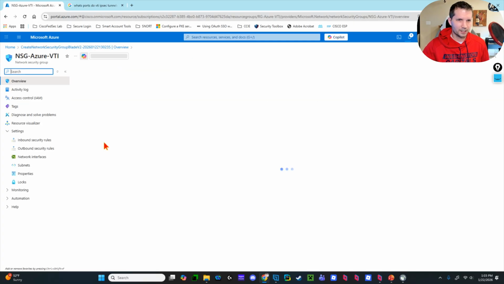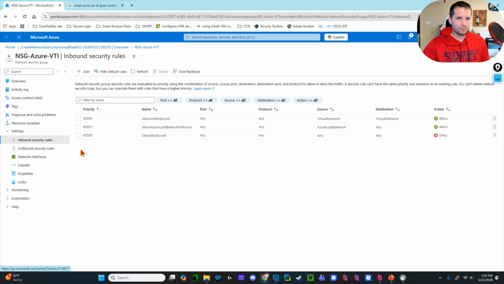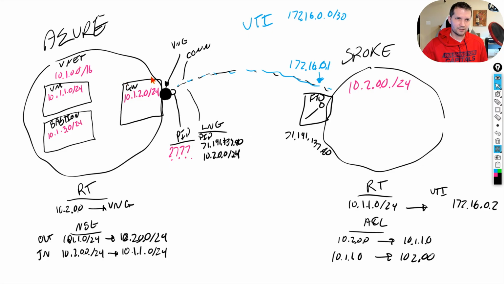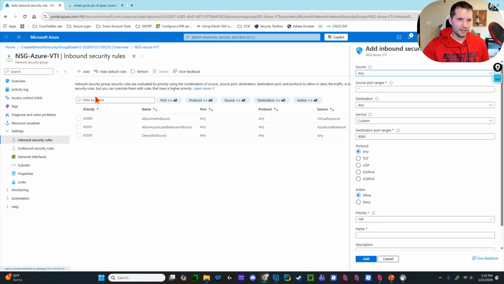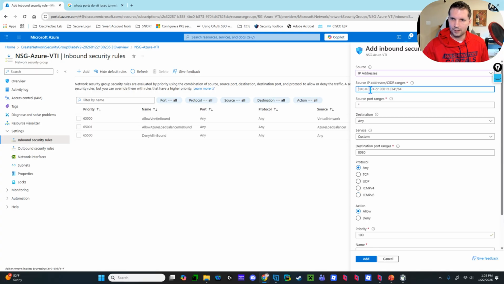It is now done. We can hit go to resource. The inbound rules. This is inbound with respect to Azure. So 10.2 coming to 10.1. So we're going to go ahead and add that rule. Inbound. Source IP address